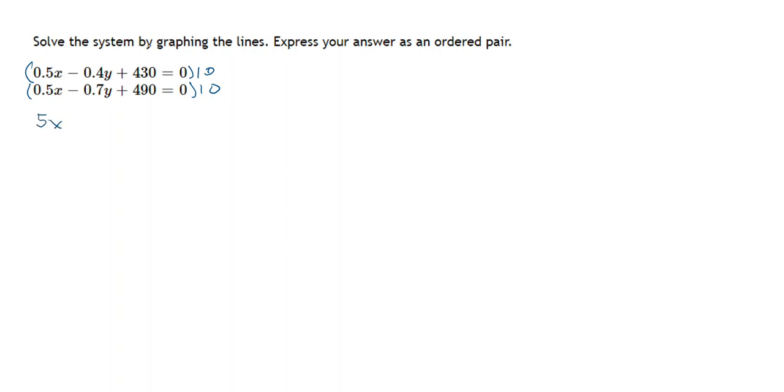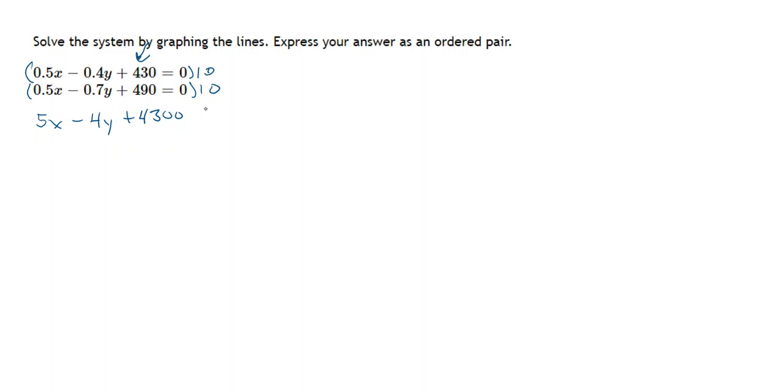5x. I'm just doing the top one. We're writing this right. 0.5 times 10 is 5. So 5x minus 4y. And this makes this number quite a lot larger, which is the only problem. So we get plus 4,300 now. Okay, and the other equation, I'm going to write it maybe in red